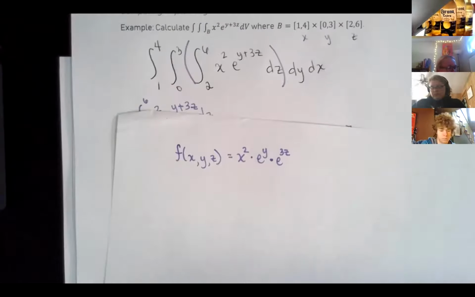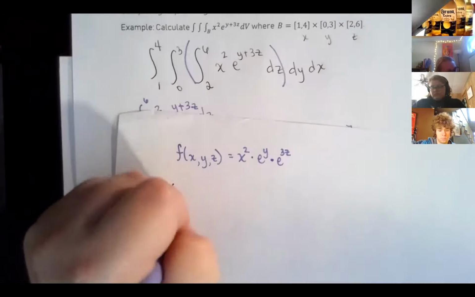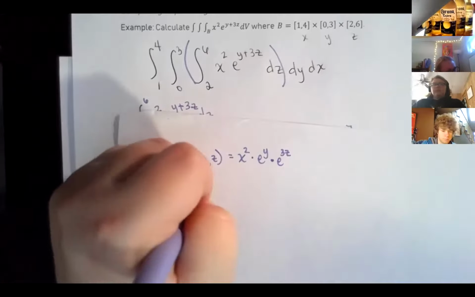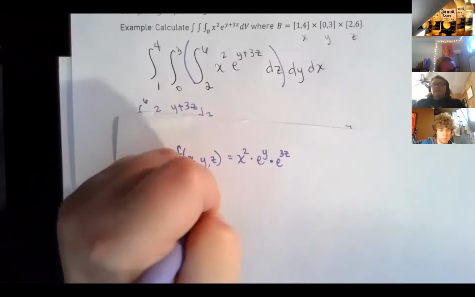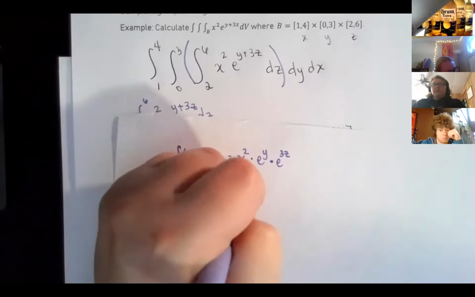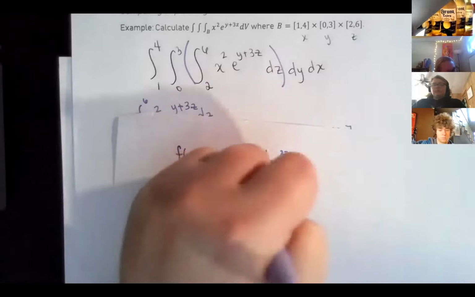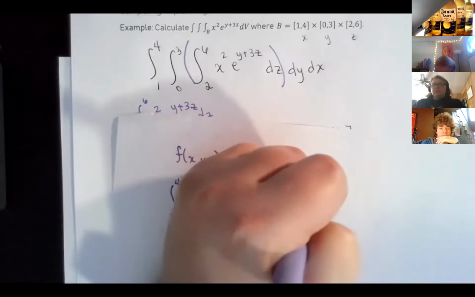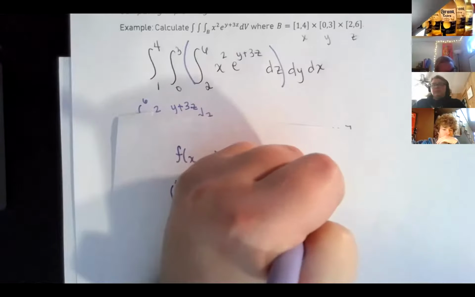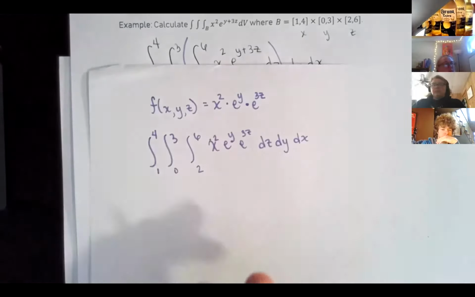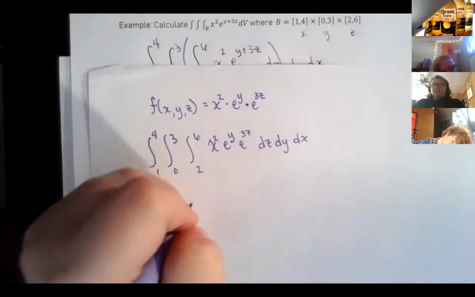We didn't do anything, we just rewrote it. Now they're saying that I could have written this triple integral that we did there as